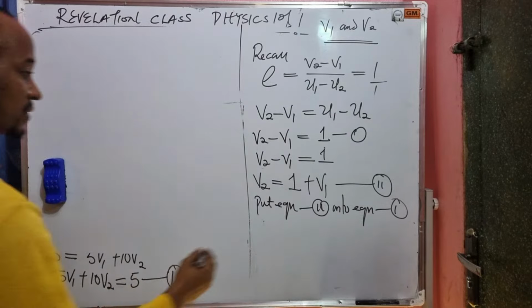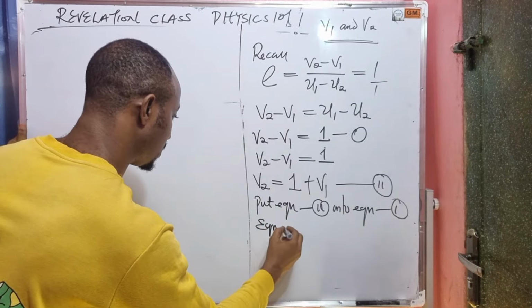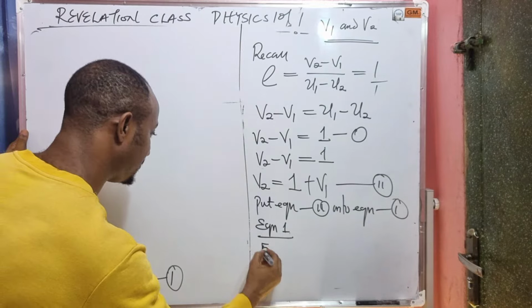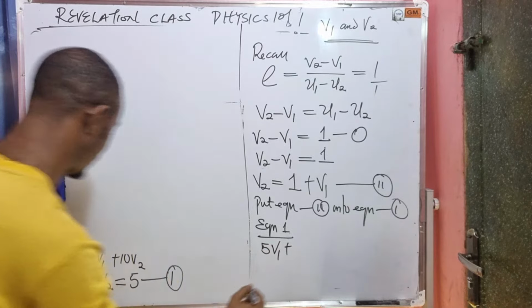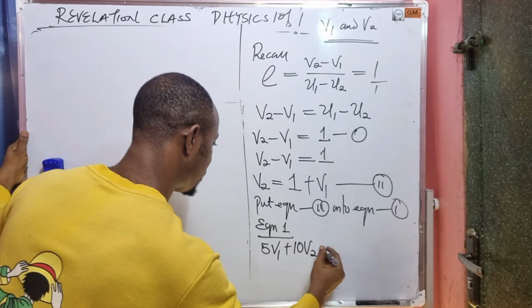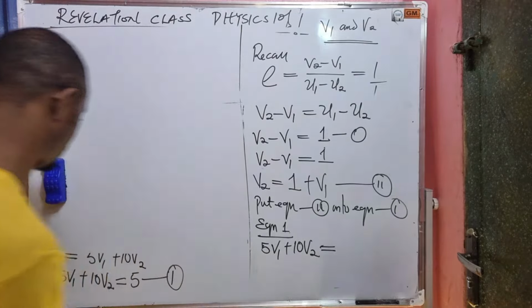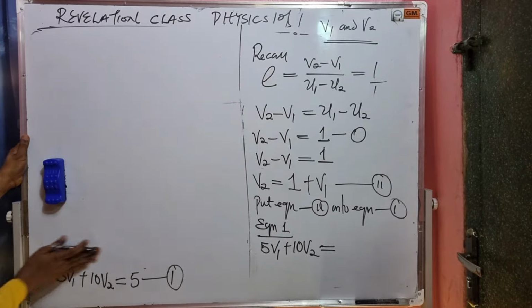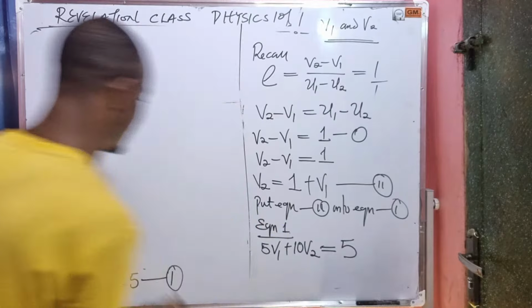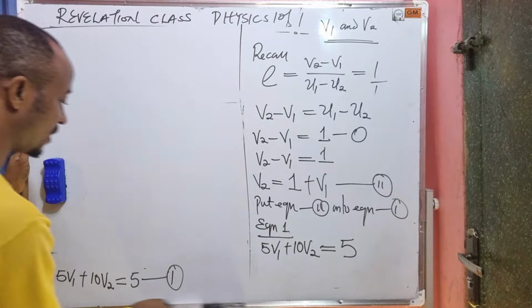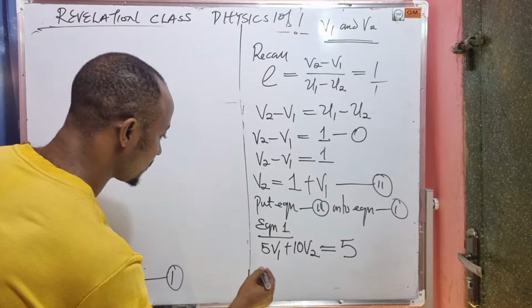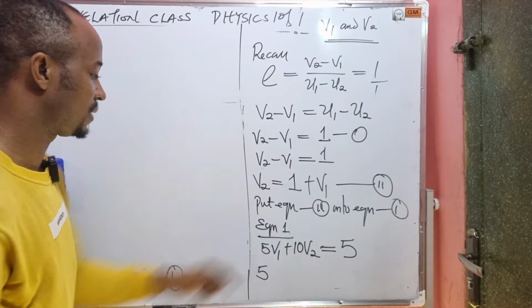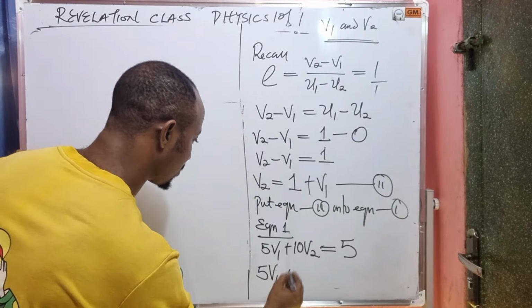So let's repeat equation 1, right? Equation 1 says we have 5v1 plus 10v2 all equals to 5. This is not 5 squared, hope you are aware, this is my v2. Is that clear? Now, for me to solve this, we're going to put the value here. Let's go. Then we have 5. I'm going to replace my v2 as 1 plus v1. That will give us 5v1 plus